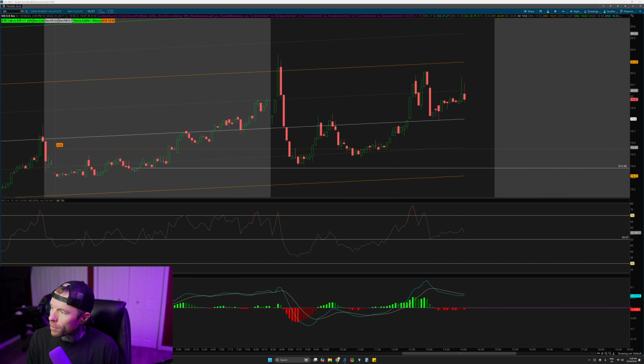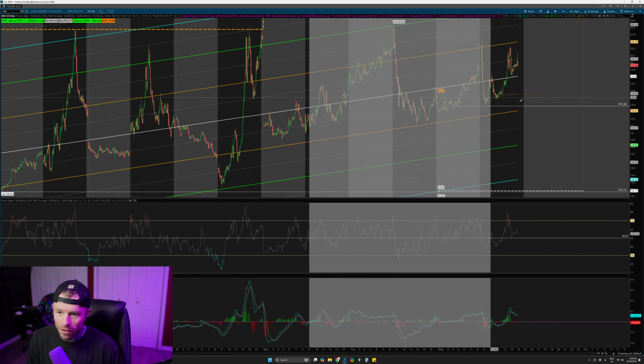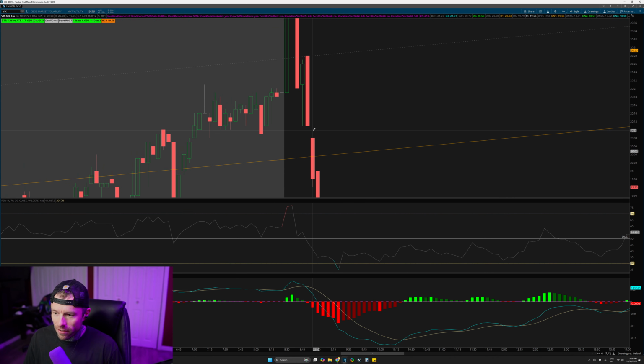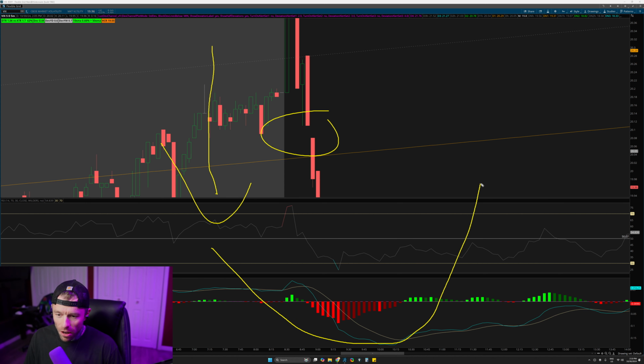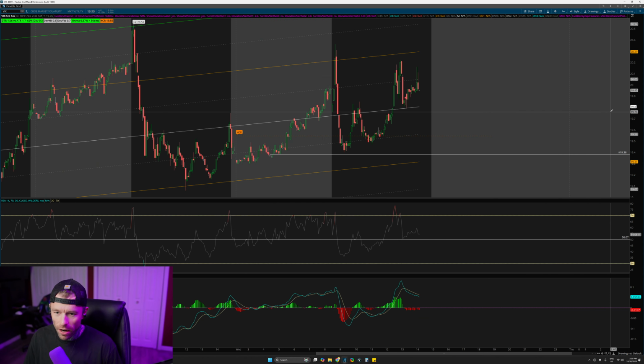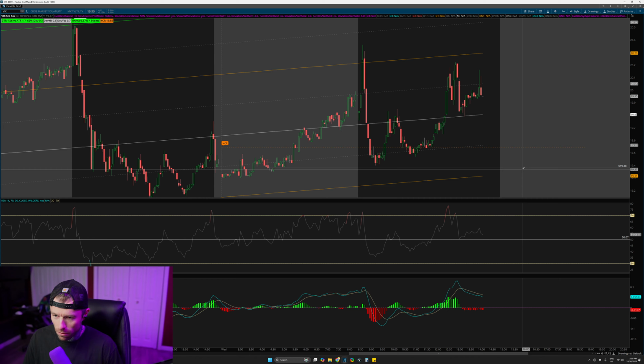But more importantly, we had gaps open from yesterday at $20.10. See this big gap in price action right here at $20.10 yesterday? That is a price action gap. That is something that the algorithms remember. And if you run away from that on day one, you have a chance to come up in the next couple days to meet that gap, to close that gap. We call those magnets, right?